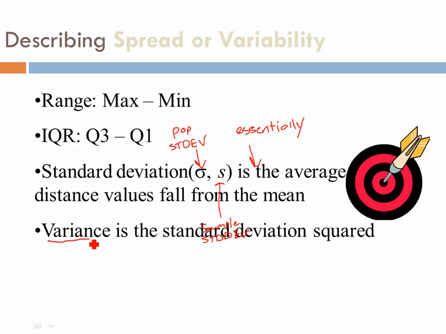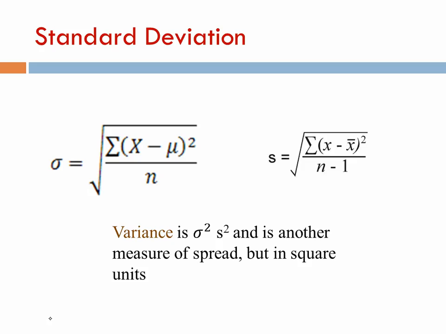There's also something called variance. It's the standard deviation squared. It's actually what we use to find our standard deviation. We find our variance first, then we take the square root of it, and that's the standard deviation. Here are the formulas for the population standard deviation and the sample standard deviation. They are so similar to each other. And if this doesn't make sense to you, I'll just describe what it is. It is the square root